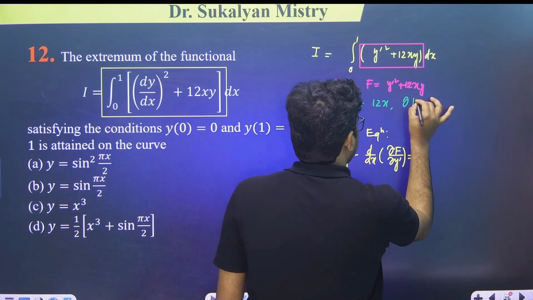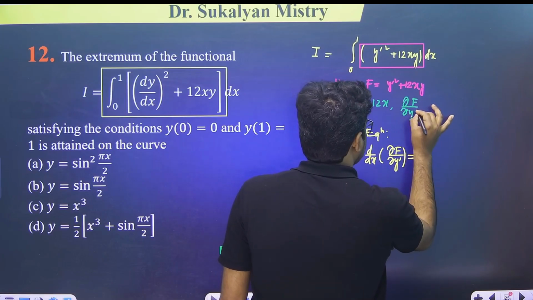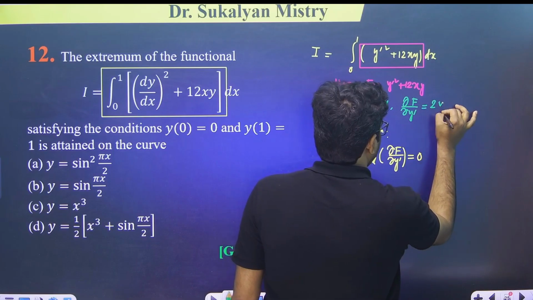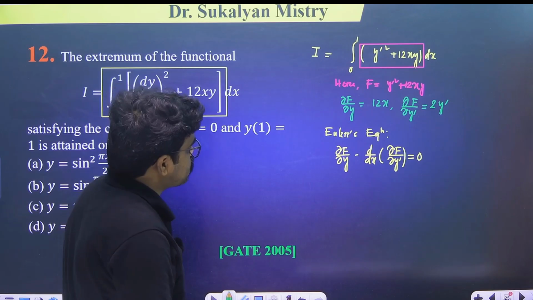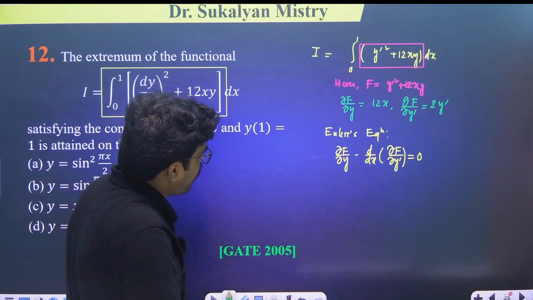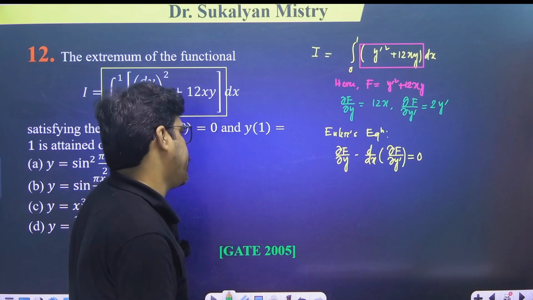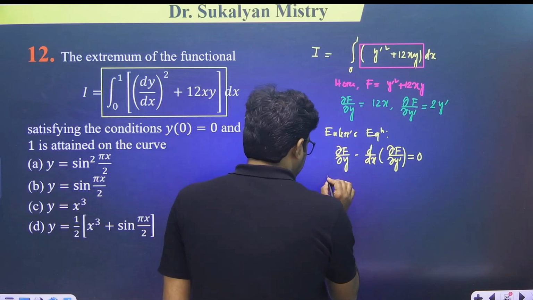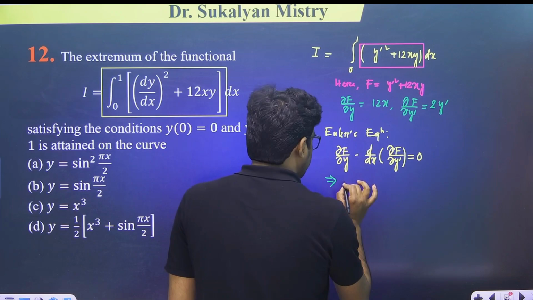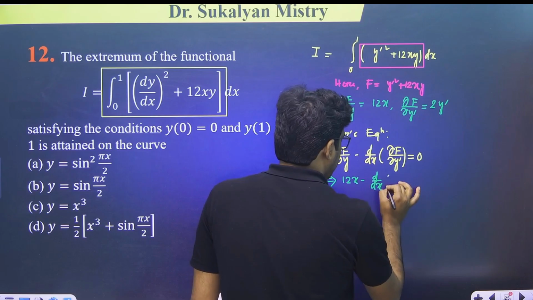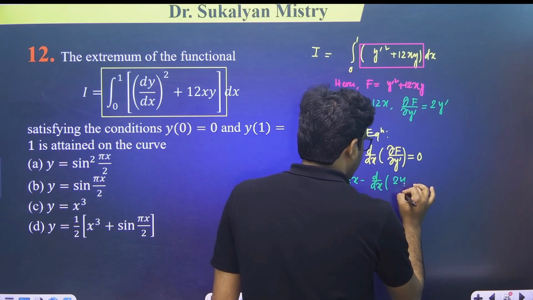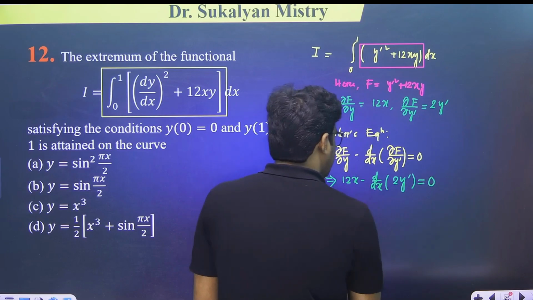Del f del y dash, this will be 2y dash. Okay, del f del y is 12x, and del f del y dash is 2y dash. So 12x minus d/dx of del f del y dash, that is 2y dash,